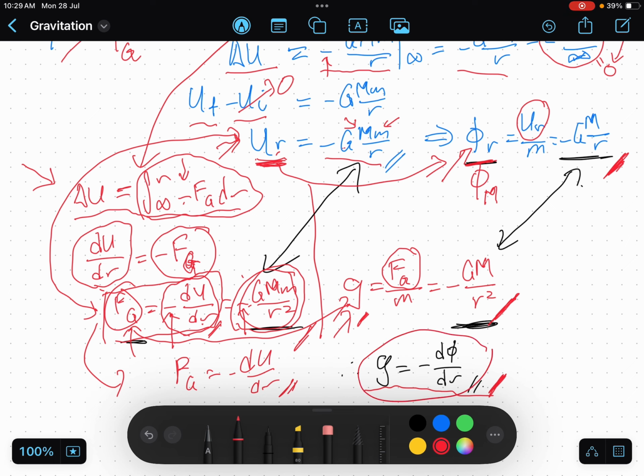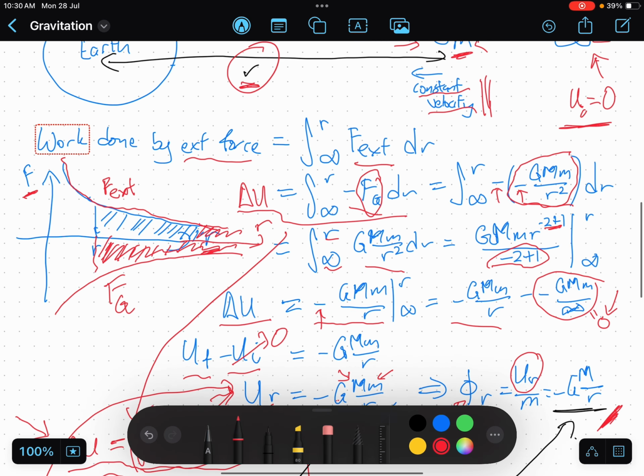Okay, so these are two general formulas. You don't have to worry too much about the integration here, as mentioned in class. H2 doesn't test integration, but this is just for understanding and completing your picture of how we derive gravitational potential energy, as well as how come force is related to minus dU dr. It actually comes from this work done formula here. Alright, it starts here. Okay, with that